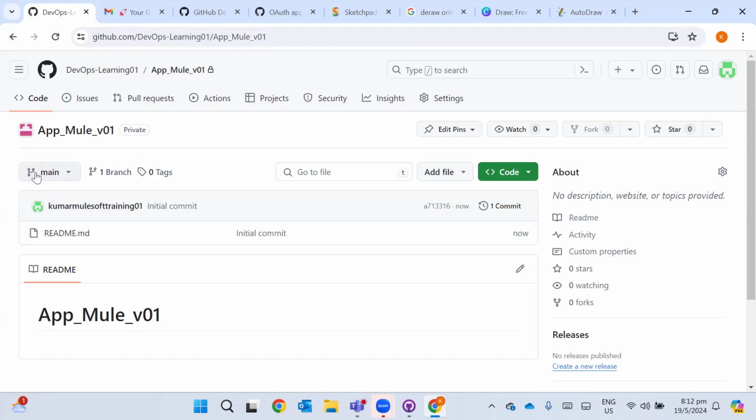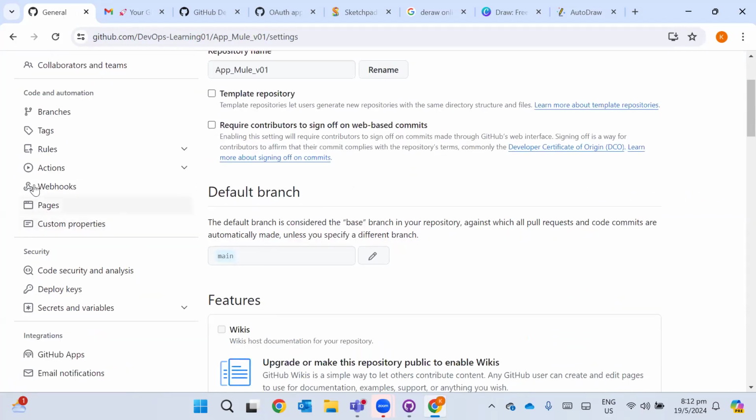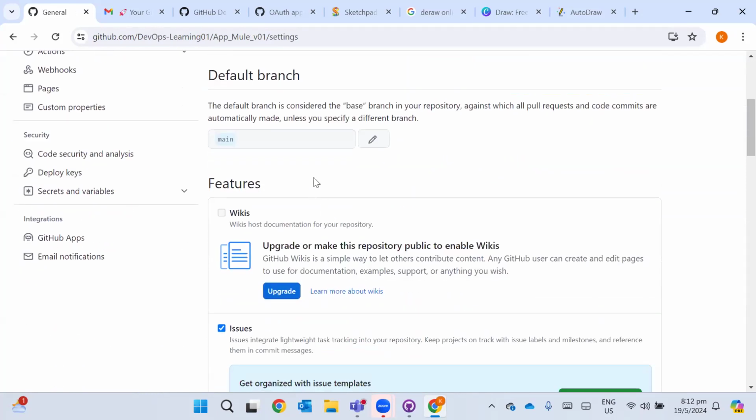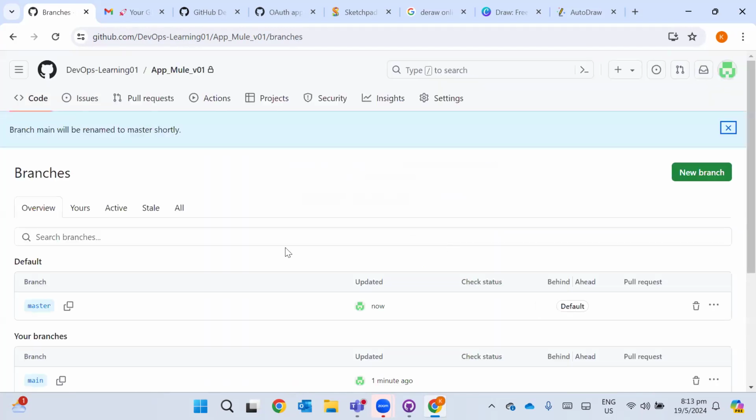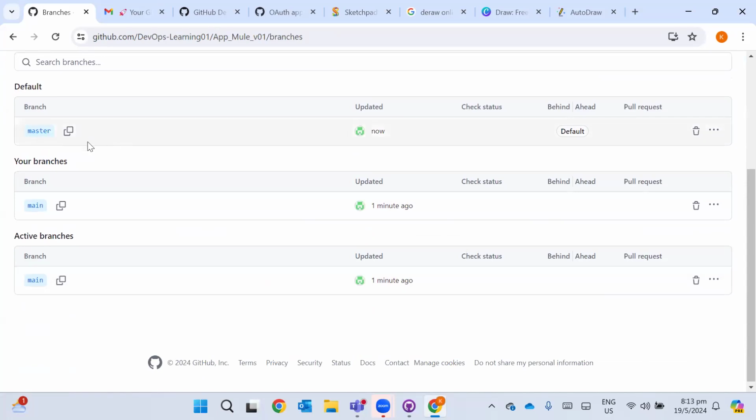Okay, if you want to update this name, you need to go to settings, and here you can edit this name, and let me make it master. Since everywhere, in every project, I'm using this master name, I'm good with this name. So at this moment we have only the master branch